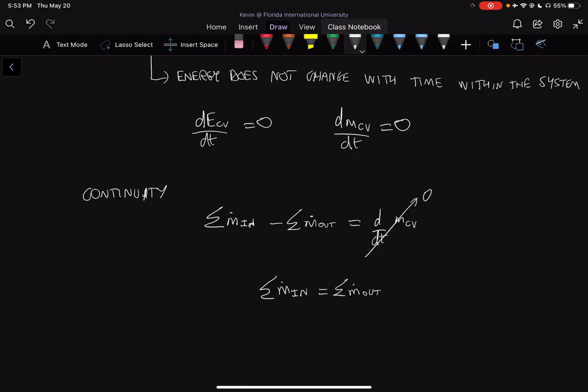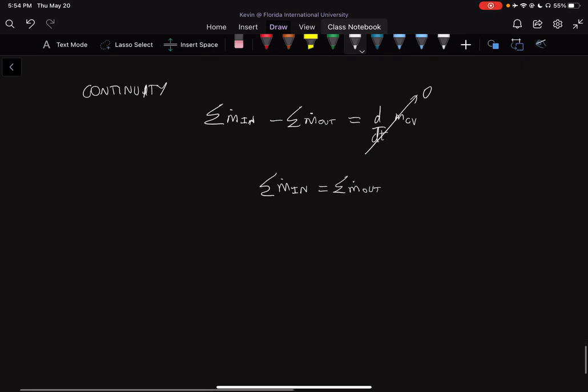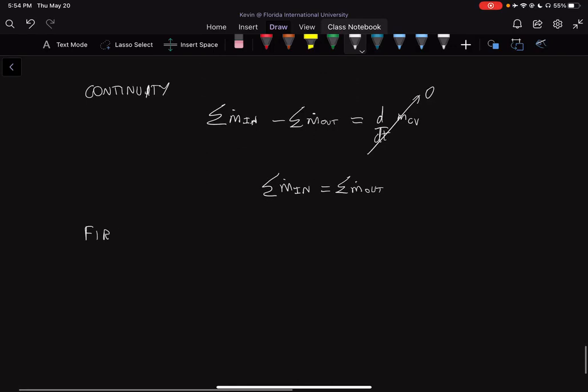We have to conserve our mass throughout. So the sum of the mass flow rates in is equal to the sum of the mass flow rates out. And we can simplify our first law as well to say that we now have the left term, which is dE system over dt, is now equal to 0, which is equal to Q dot